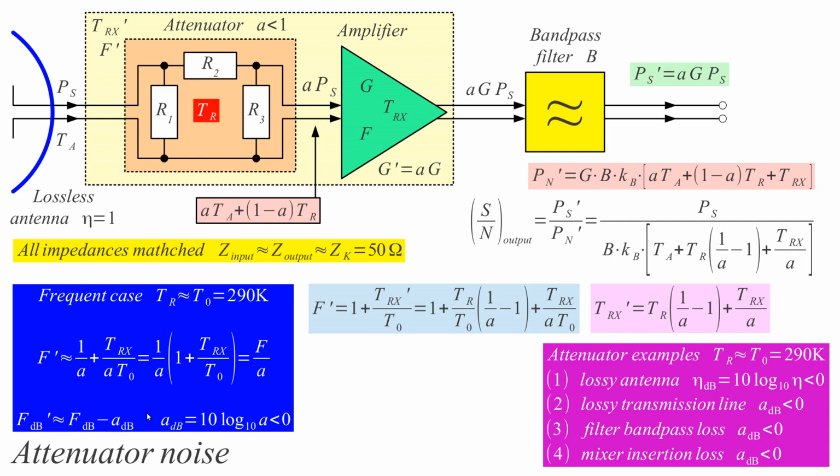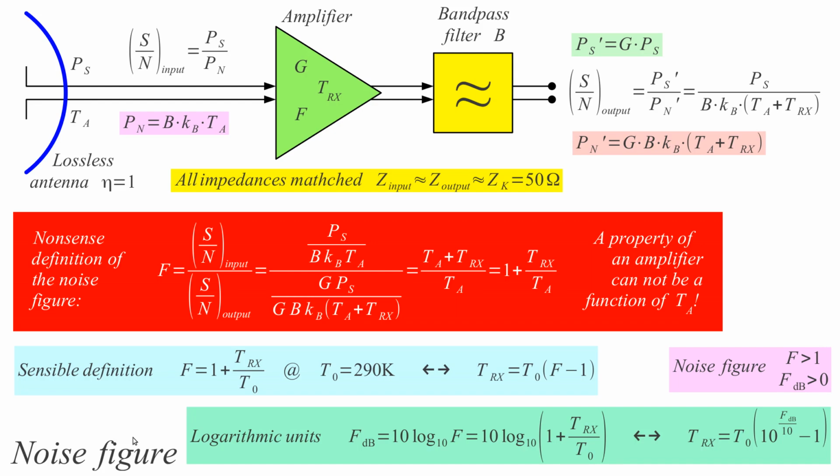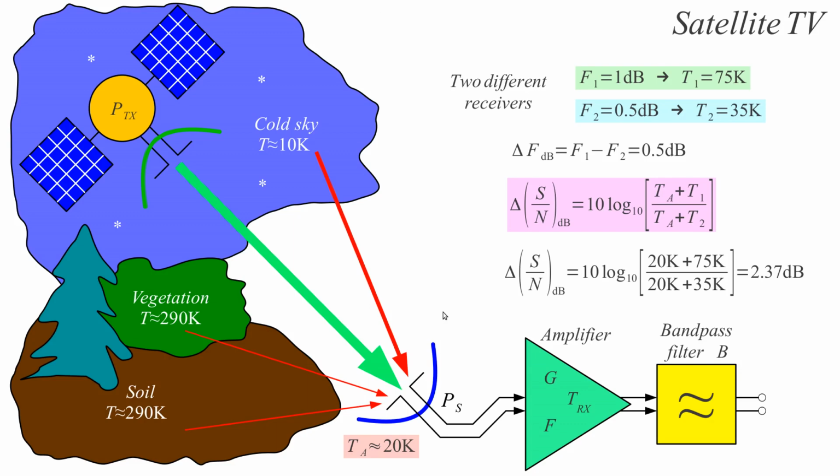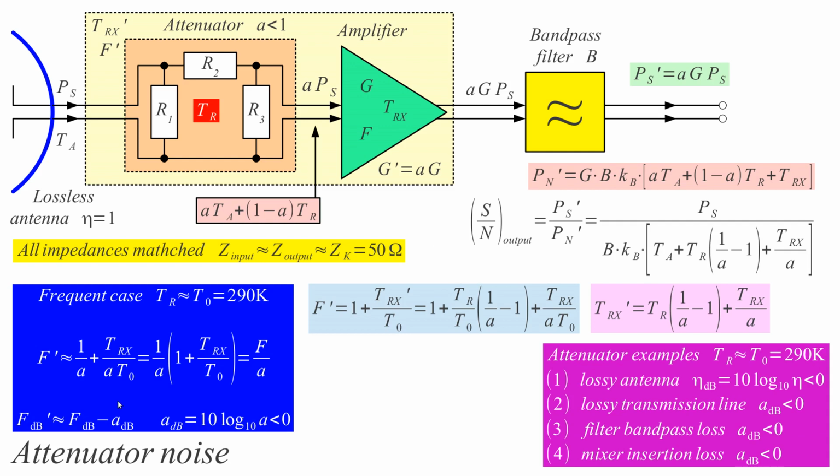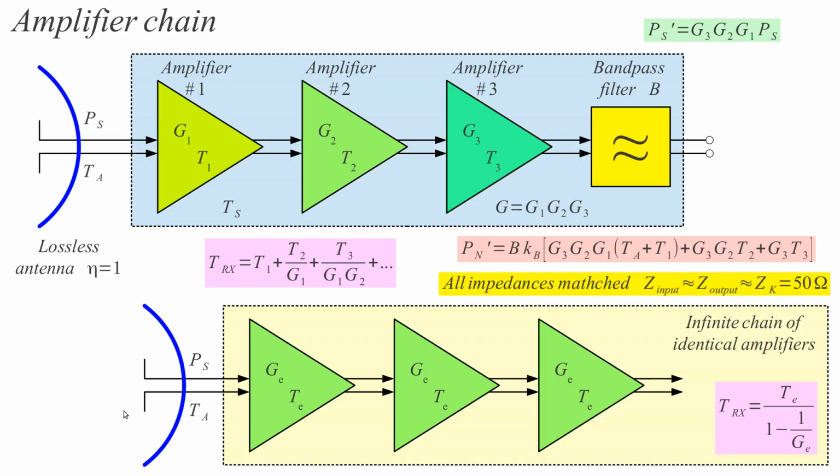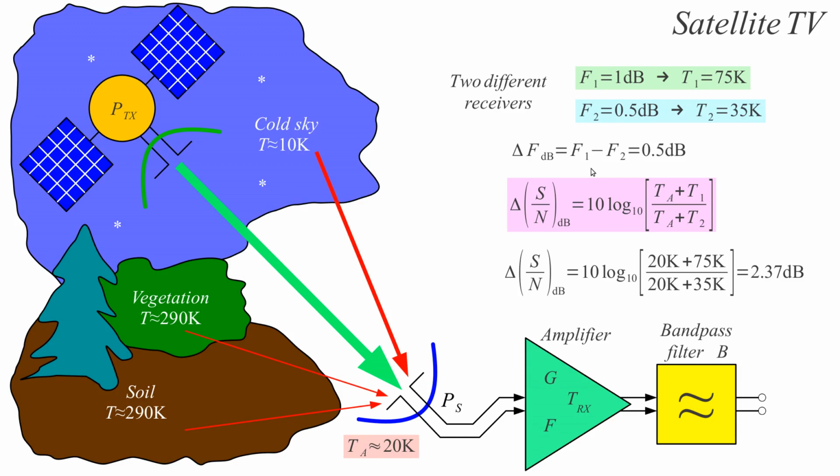This is a very simple formula, and it is actually an excuse for using this stupid unit, the noise figure. This unit was just making our calculations complicated, but in the case of an attenuator, the noise figure actually simplifies our life, and this is when it is useful. Unfortunately, as soon as we have a chain of many components, we have to revert back from decibels to linear units, back to temperatures, to calculate the whole chain. So it's not a very good definition, but